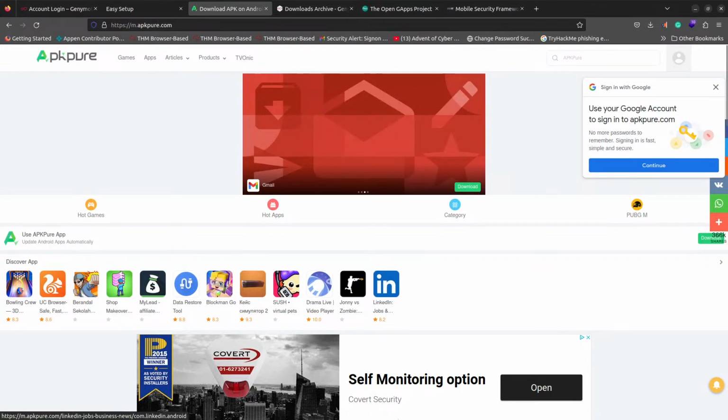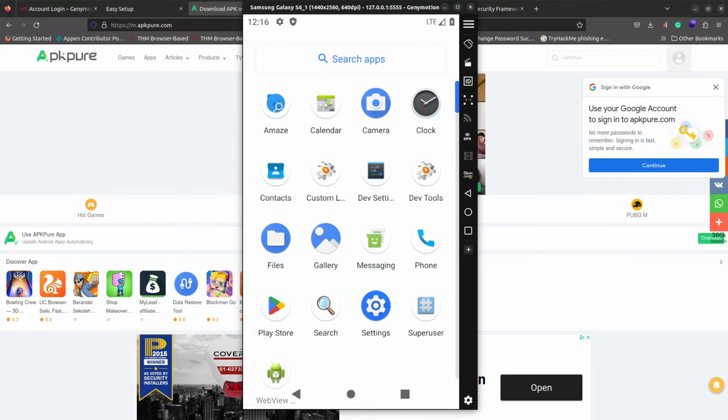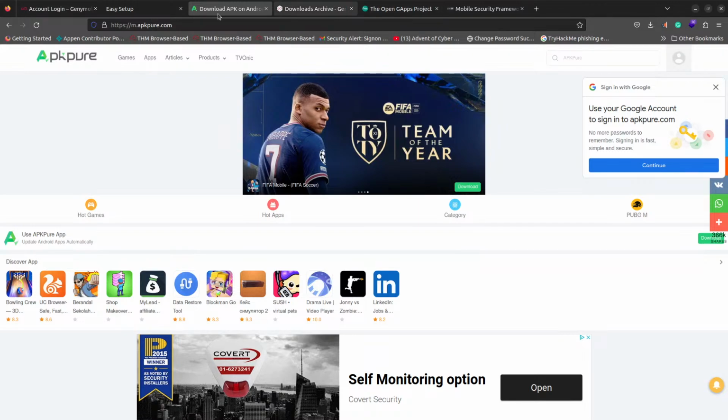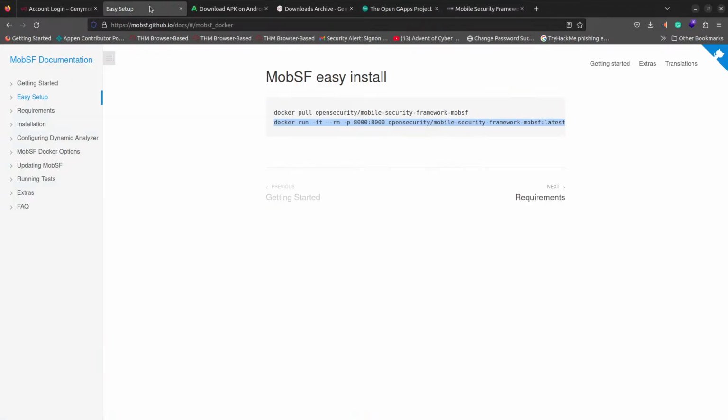So to install an APK on Genymotion, it's as simple as just download and drag and drop it to actually install the APK. And what we'll do here is we'll just leave the